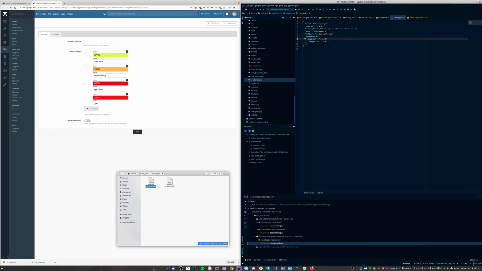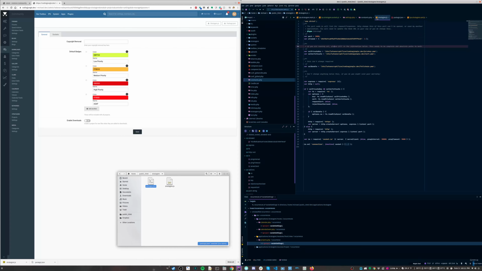It needs Express and Socket.io. And then it tells you some things about the application, like the name of it, the version, the description, the author, all that. So once we have that, we're good to go. And then the Stratagem JS, it's the actual application module for Node